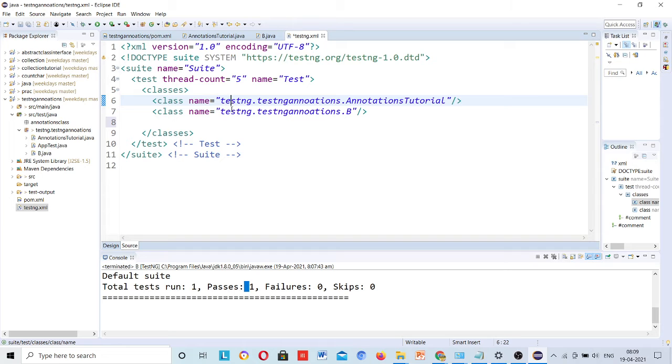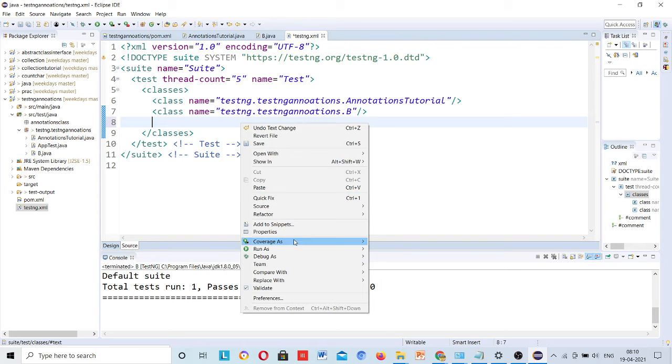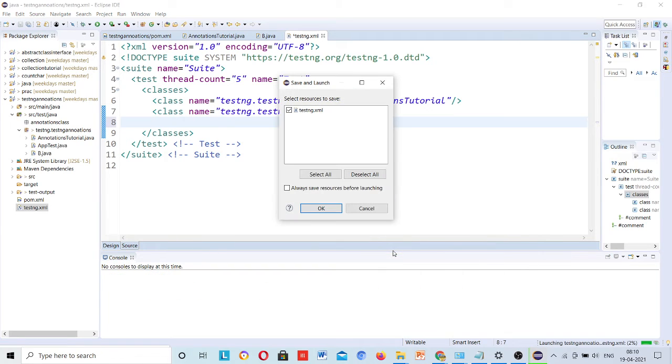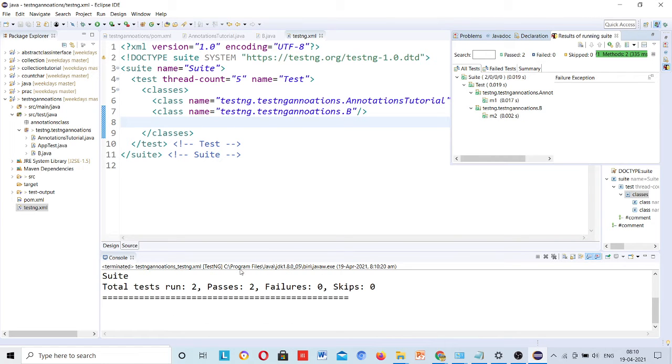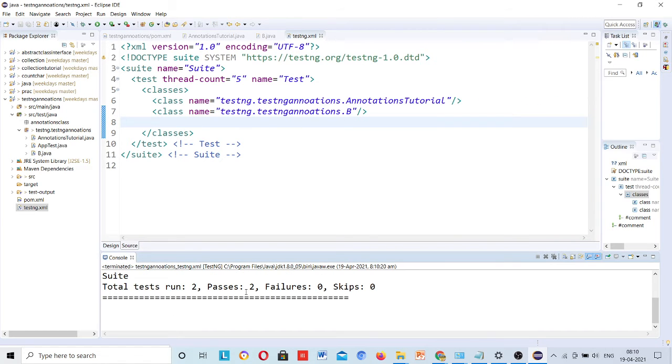In an upcoming session I will tell you how to add methods, how to remove methods, and how to group the test cases, everything that is important for you to learn, I will cover in the upcoming session. Here just focus on this. I will run this file and both those cases will run, if they are added in this class. Now test case run 2 passes 2.